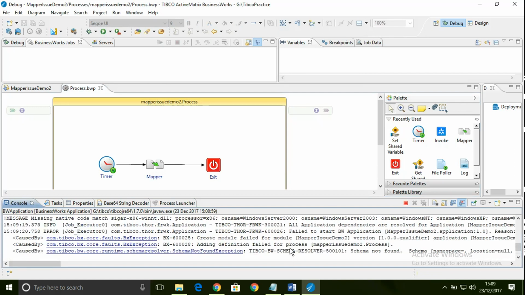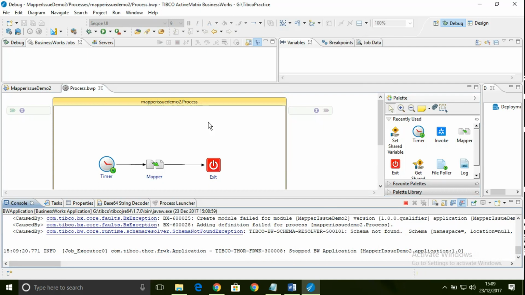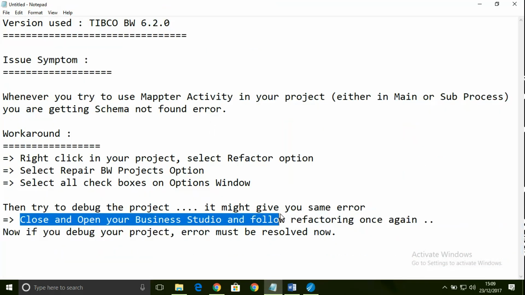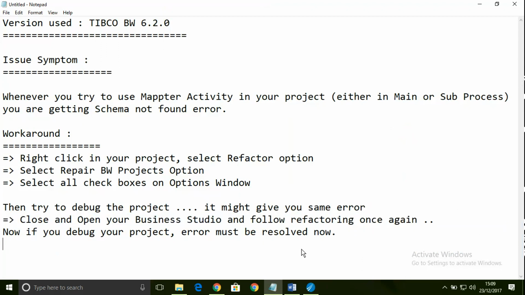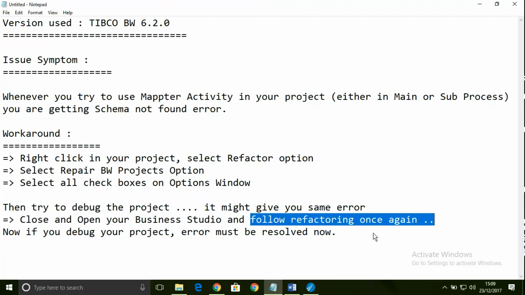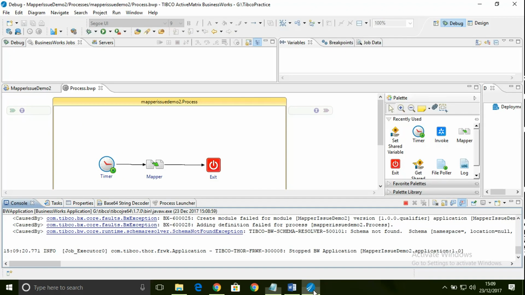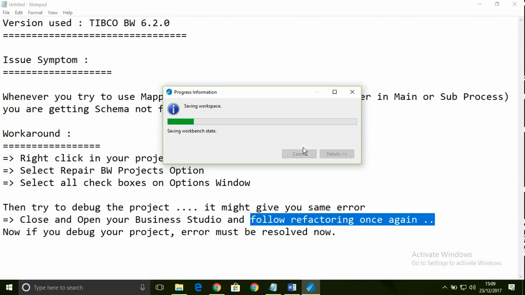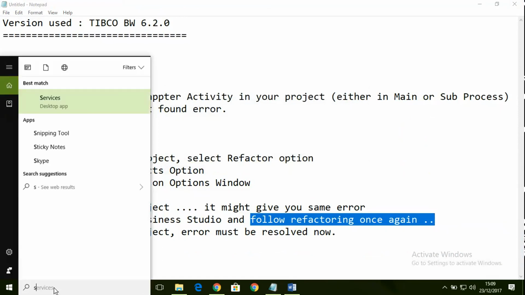Fine, so excellent. We got the error again. So that was a known thing. What we need to do is close and open Business Studio again and follow refactoring once again. So let me close Business Studio, exit that and start the studio again.